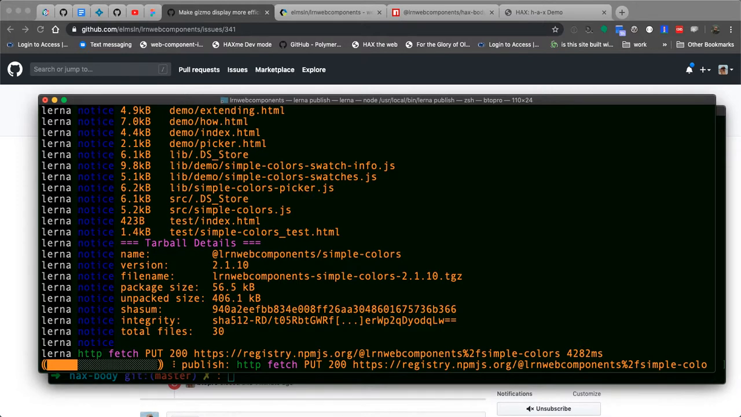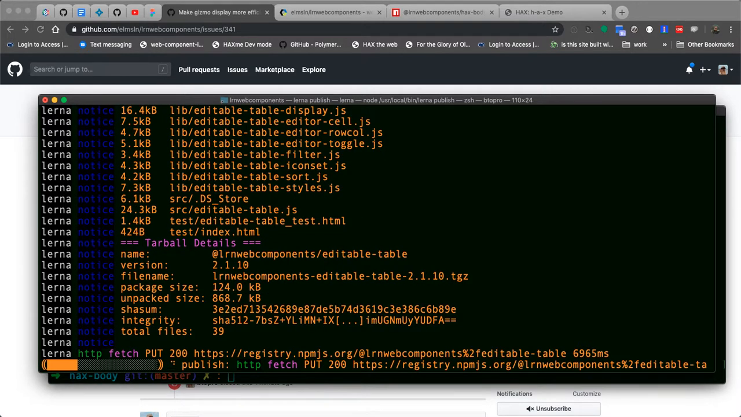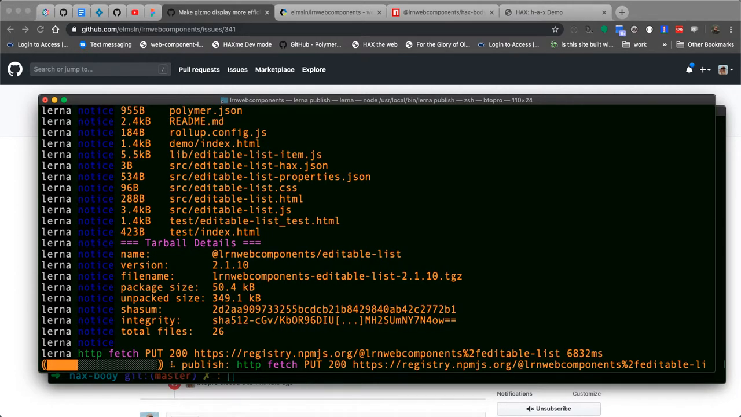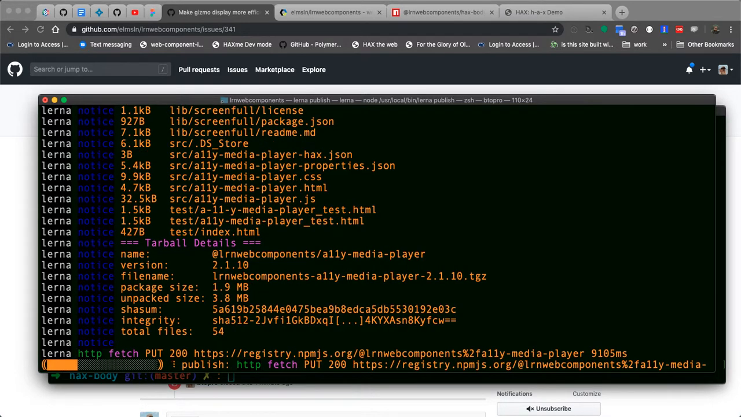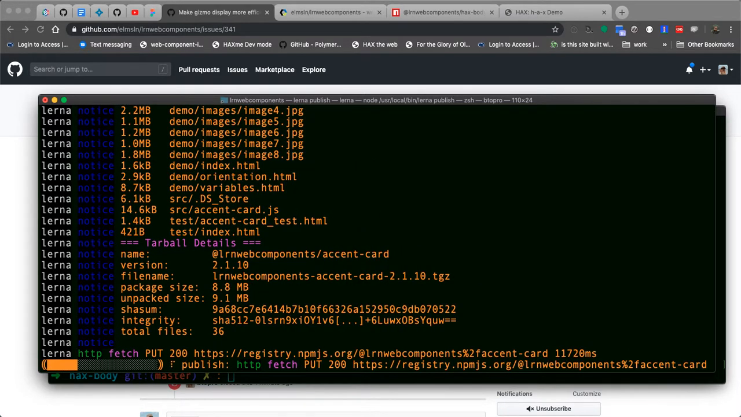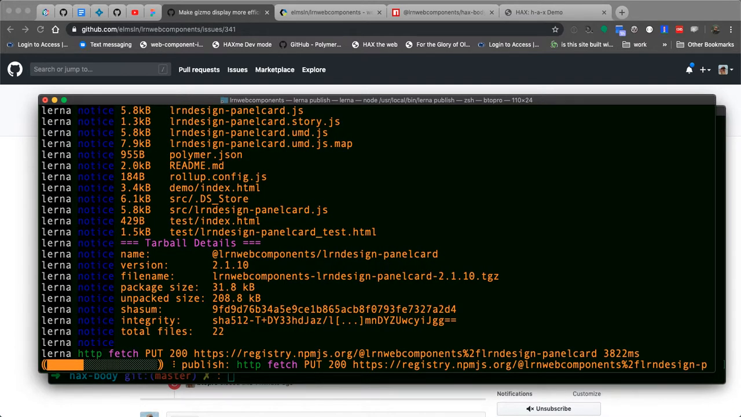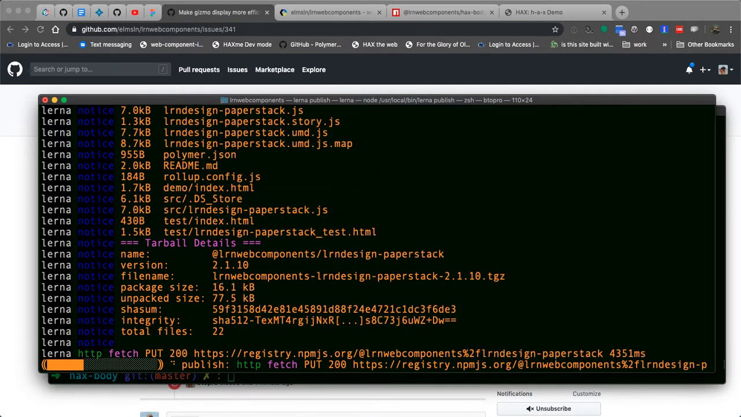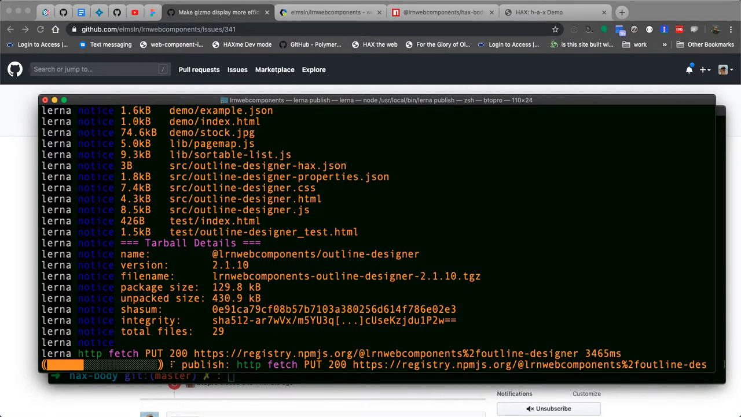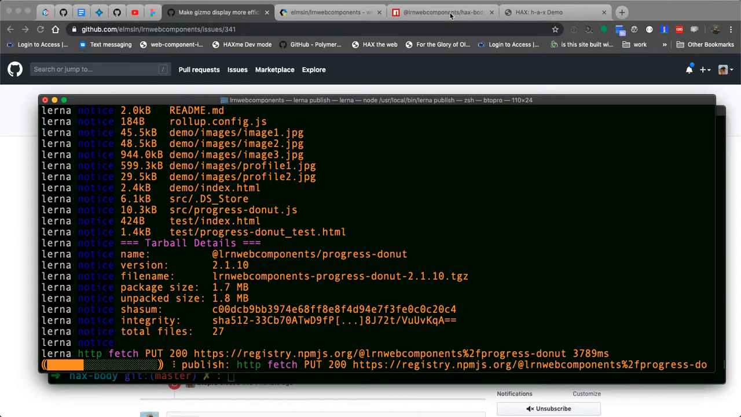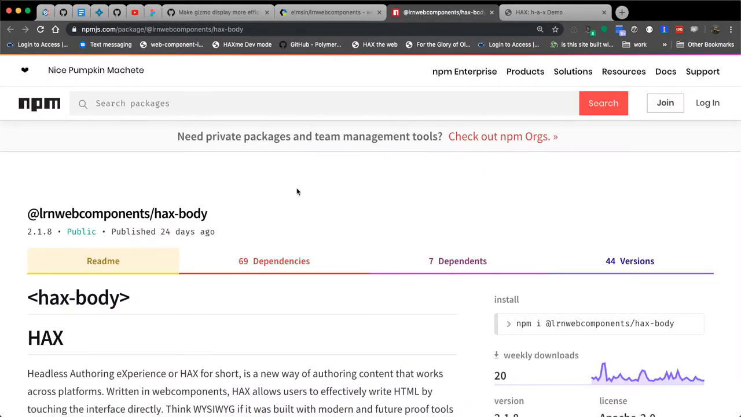So we can see simple colors had a minor tweak to it. Editable table has changed since we last did a release. CSV render, and my phone is going to start blowing up because wonderful NPM will email you about every single version. That's always a fun aspect of this, is that my email gets flooded whenever I end up doing a Lerna publish. But this is going to ship all of these things up at new versions, so that instead of 2.1.8,